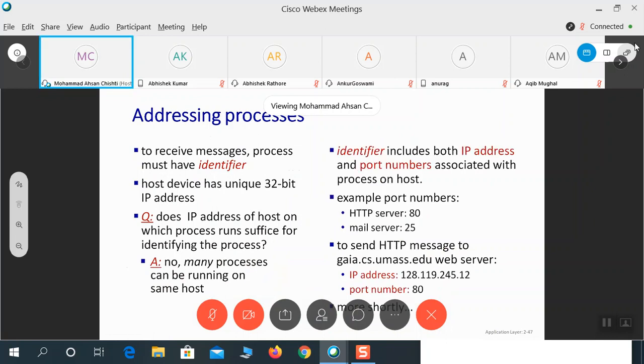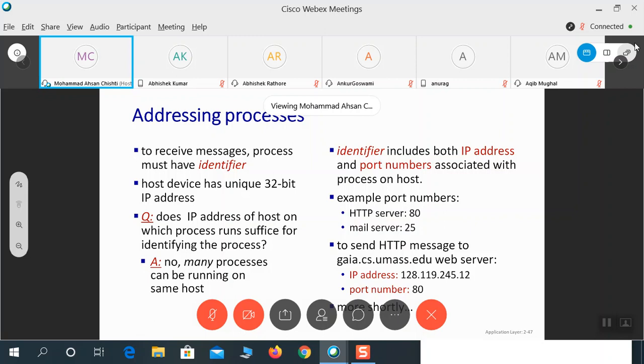So if you remember, you had a Facebook Messenger as well as you were running a website, you're opening a website, let's say in Chrome. Or now you are using both the applications to communicate over the internet.